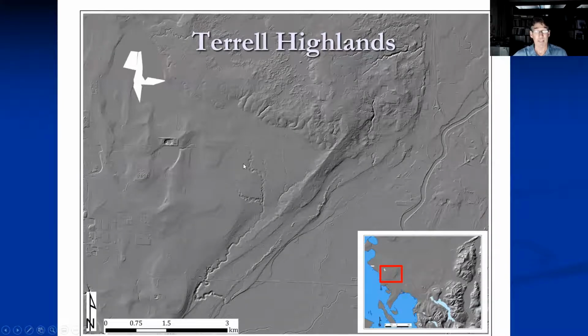The basic interpretation is that these staircases are recording old, raised shorelines that formed at the end of the Pleistocene, when the eustatic sea level was low, but the isostatic sea level was high, or the crust was depressed, so local sea level would have been high. The highest of these shorelines in this one area is right up here. It's about 100 meters here. As you get up closer to the border, it gets even higher, up to about 120 or 140 meters. But this one location, that's the highest shoreline right there.